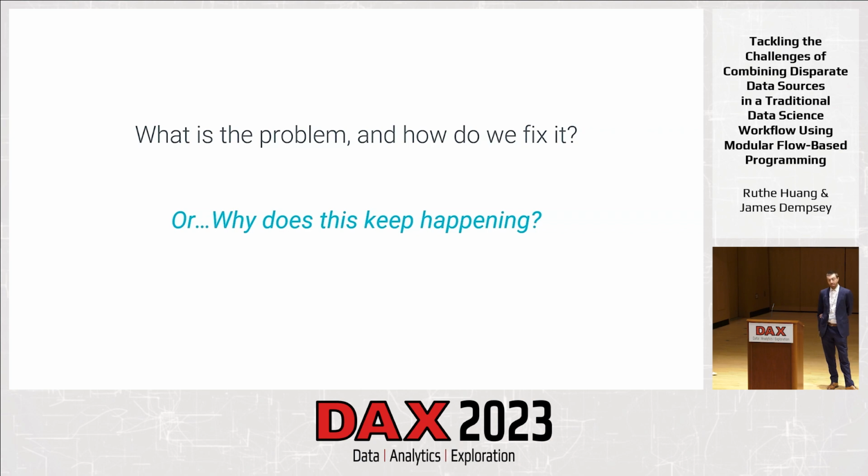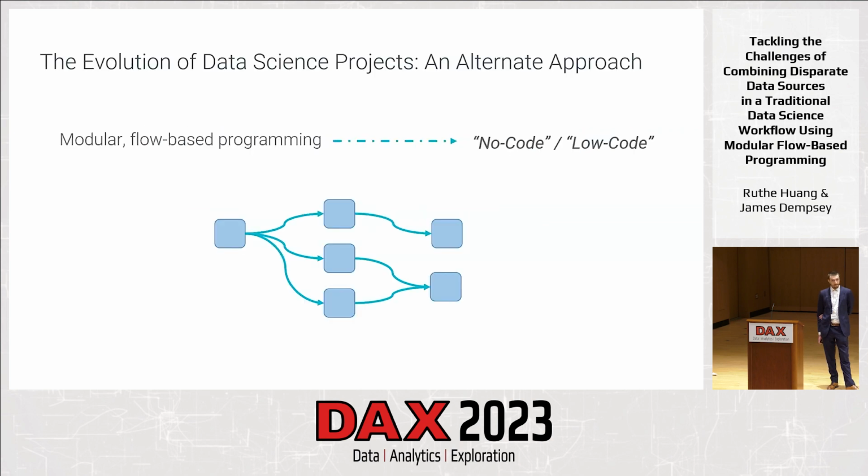To develop clean code, there are 3 different levers that are needed. There's time to do it, there's the skill to actually know what programming is, and then there's the context to know what goals you're trying to accomplish. And the evolution of scope applies pressure to all 3 of those levers. It makes it harder across each one of those fronts to accomplish a task. And so there has to be some way to alleviate that pressure in order to allow iteration to proceed faster. And the solution we've come up with is modular flow-based programming,